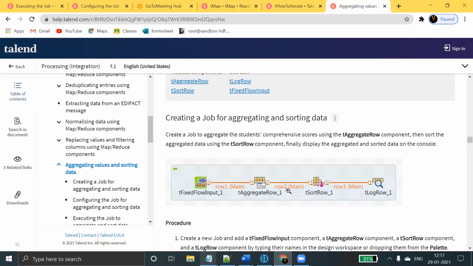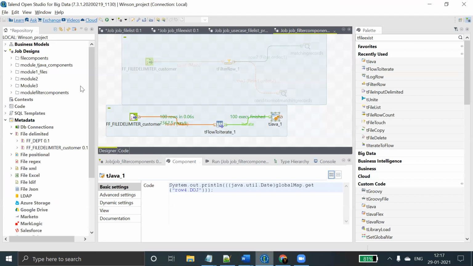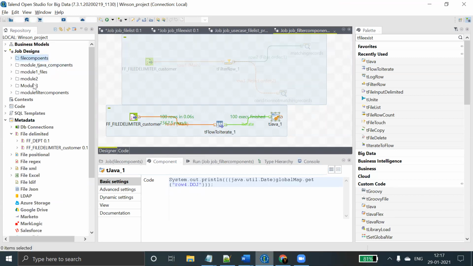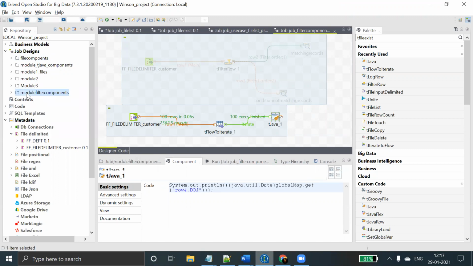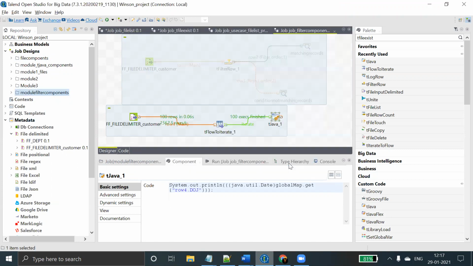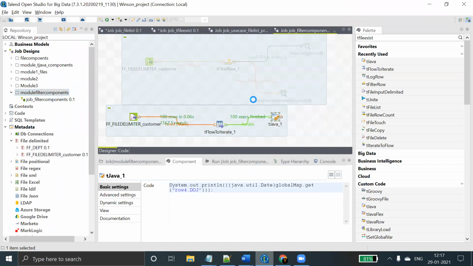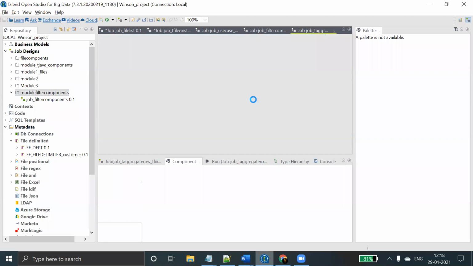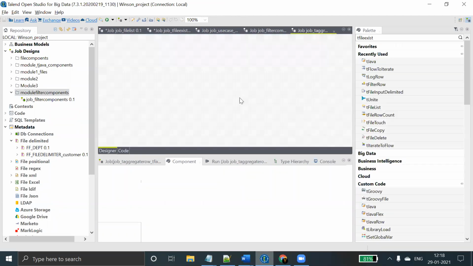So what is tFixedFlow? We'll first create one job here in the module 3, creating job_tAggregateRow_tFixedFlow example.